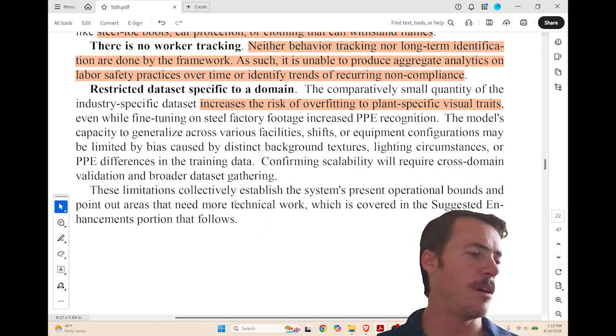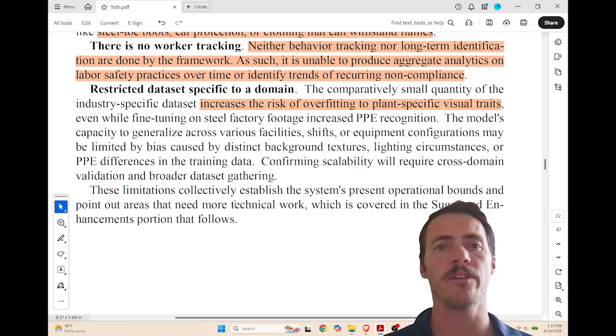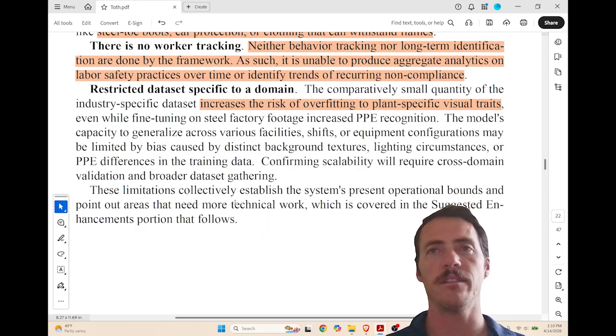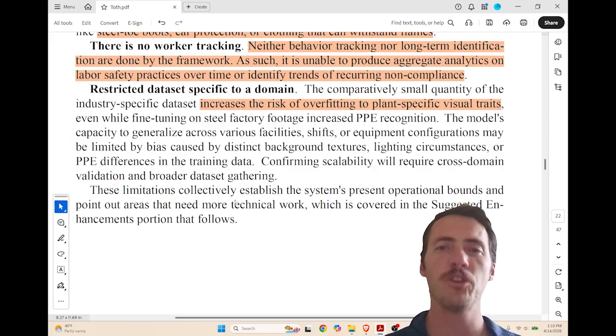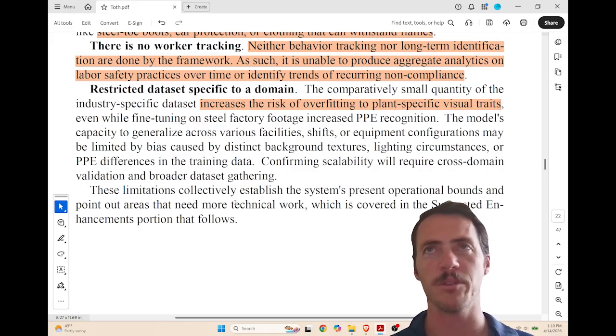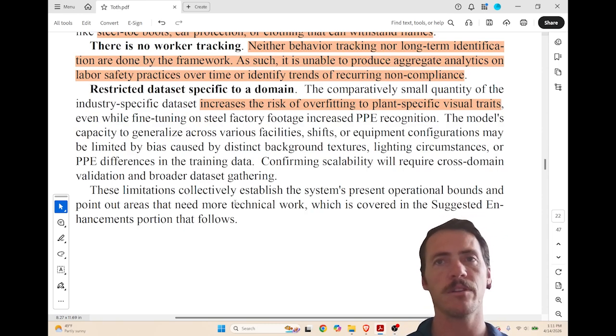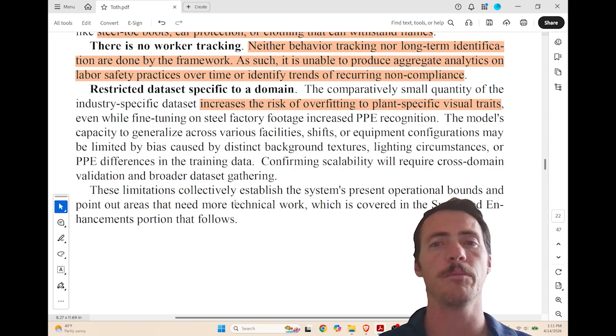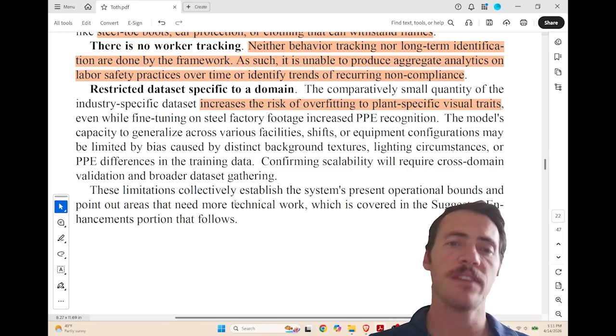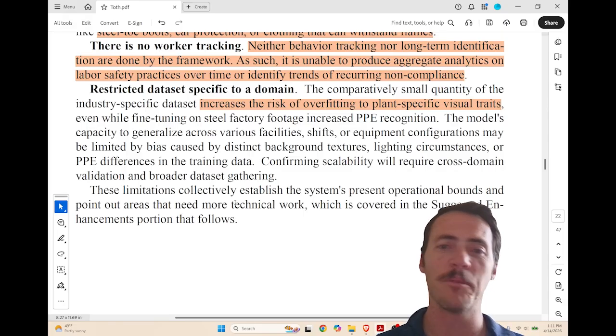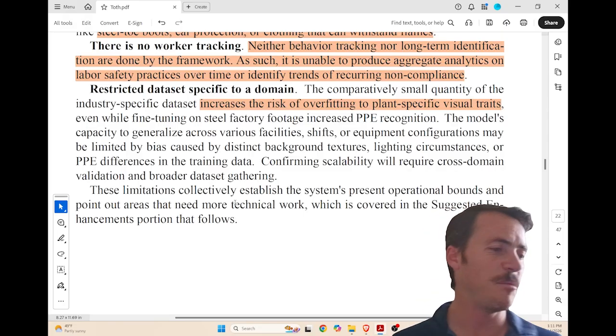And then the last hazard or caution they throw out there is, hey, this is a small set of data, and our model could be overfitting to plant-specific visual traits. Not actually finding the individuals, but something around the individuals that's causing it to look like it's performing correctly, but may not be, right? That said, I think that this is a pretty impressive paper, and kudos to the team